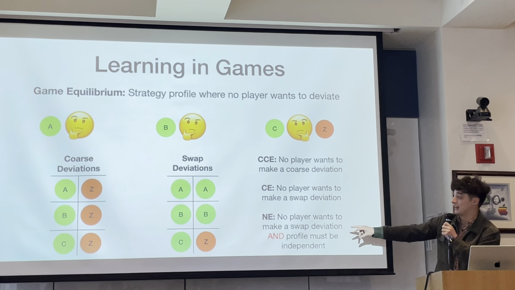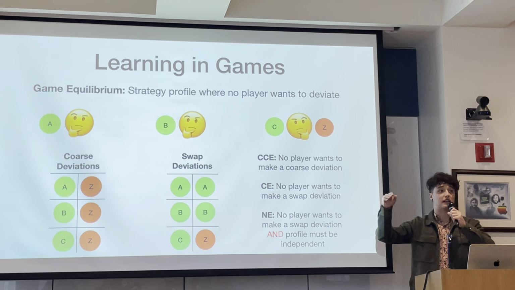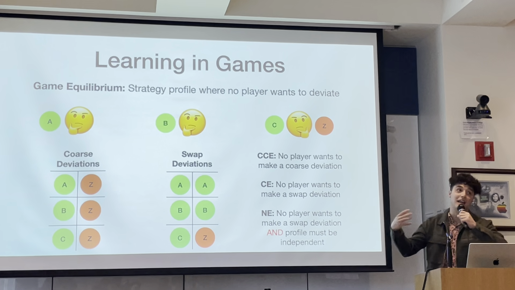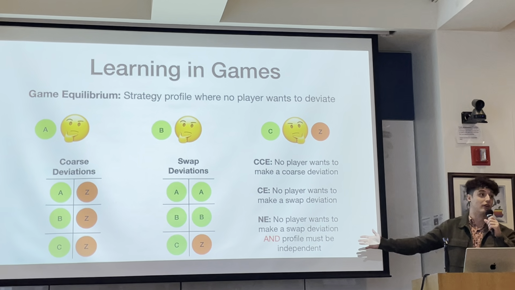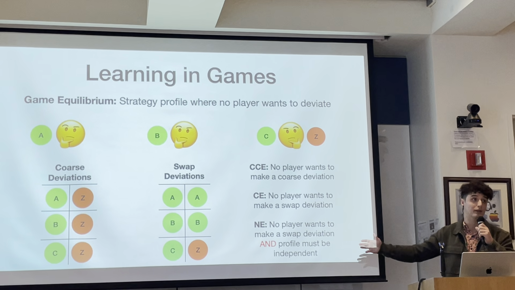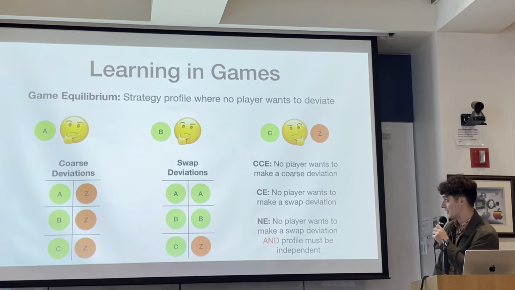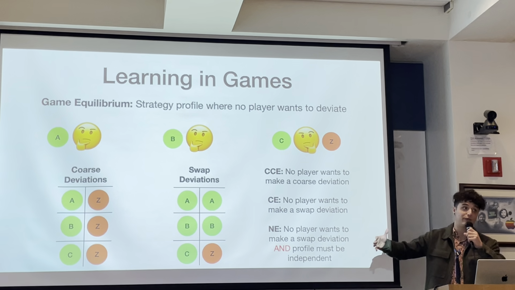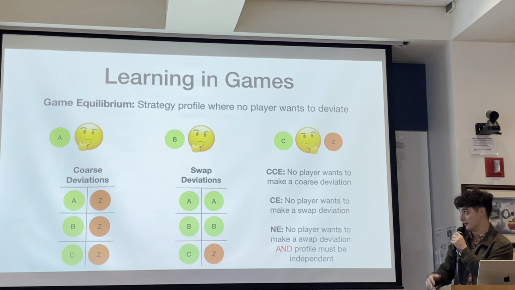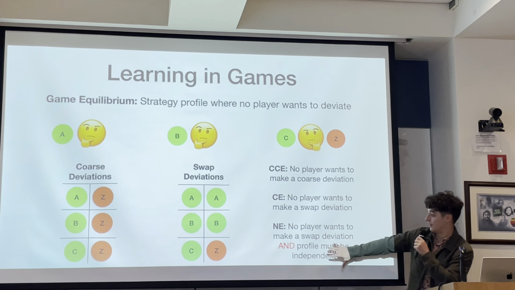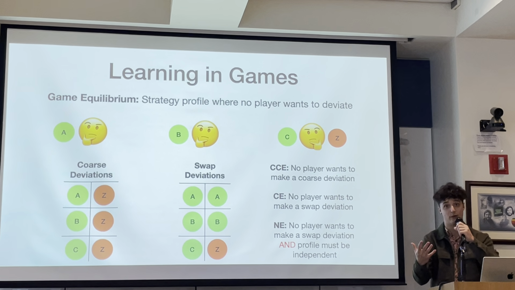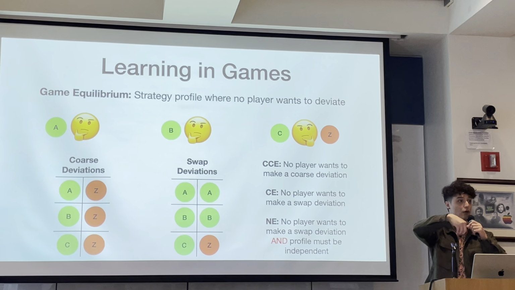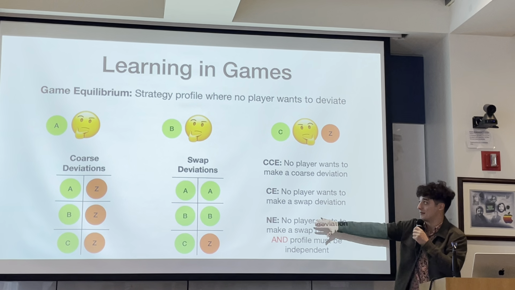And it's actually the independence that makes Nash equilibrium hard. We can never hope to get a Nash equilibrium from online learning because the players are going to end up being correlated by their shared history of the game. More than that, it's conjectured that there's no polytime algorithm that can compute a Nash equilibrium, given the PPAD hardness hypothesis. So Nash equilibrium is cool, but essentially infeasible with a polytime algorithm, assuming the hypothesis. It's this necessity of independence that we must forego, which is okay, because in an online learning setting, we expect people to be correlated by their shared history. So Nash equilibrium is out of the question.